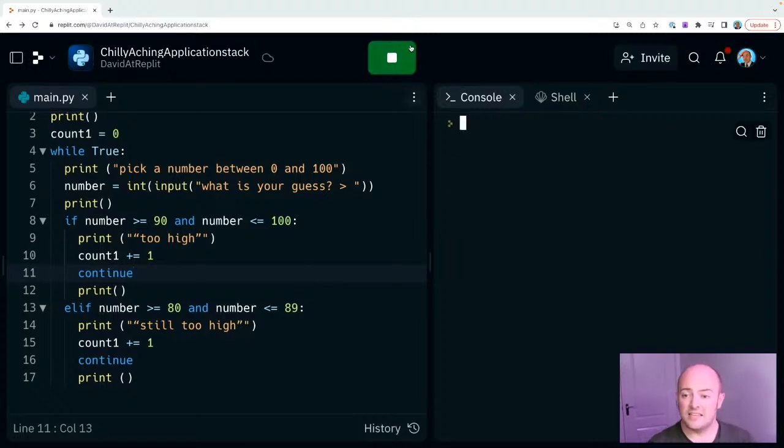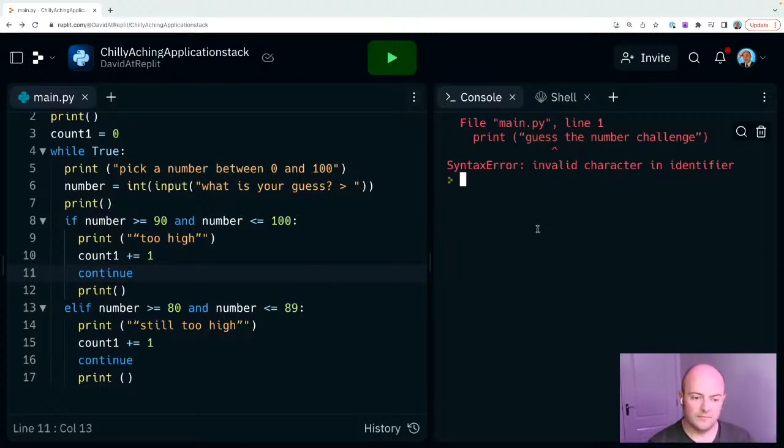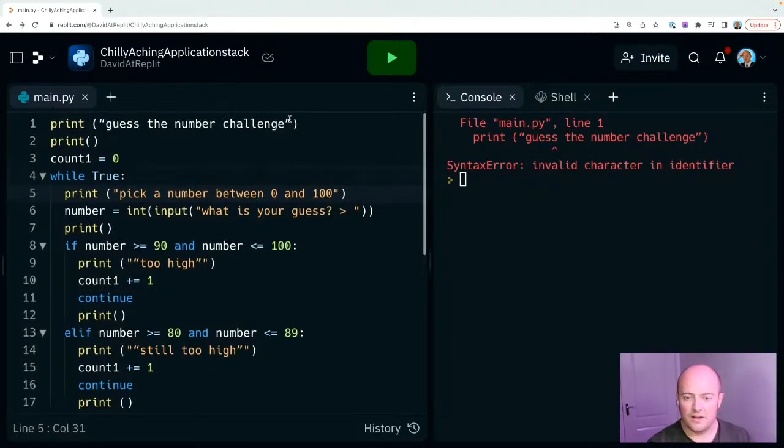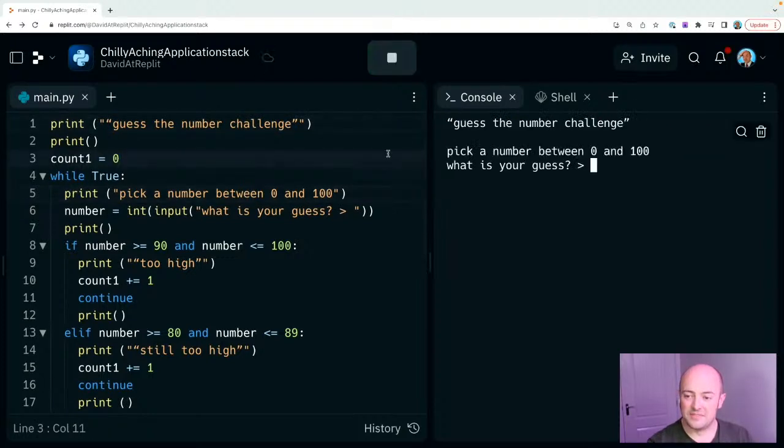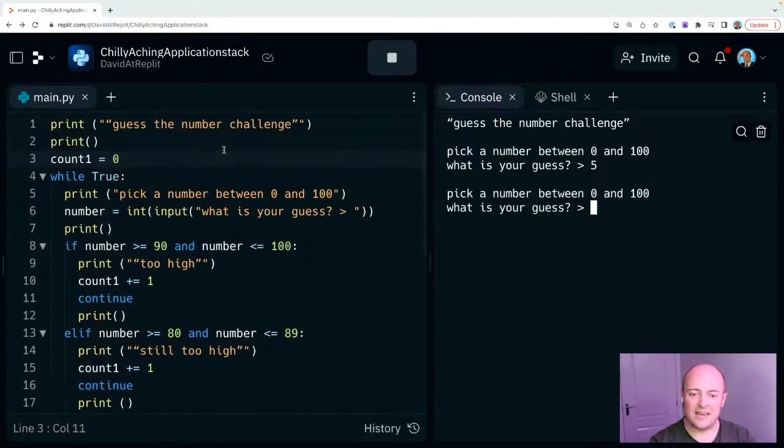Great. Let's see if we can get that working. Let's have a look. What have I missed? Oh, I've missed line 1. There we go. That was an easy thing to fix. There we go. Let's go for number 5. It's not telling us anything, and I think the issue maybe is that we haven't got a number to choose from here yet. But that is at least letting the if statement work.